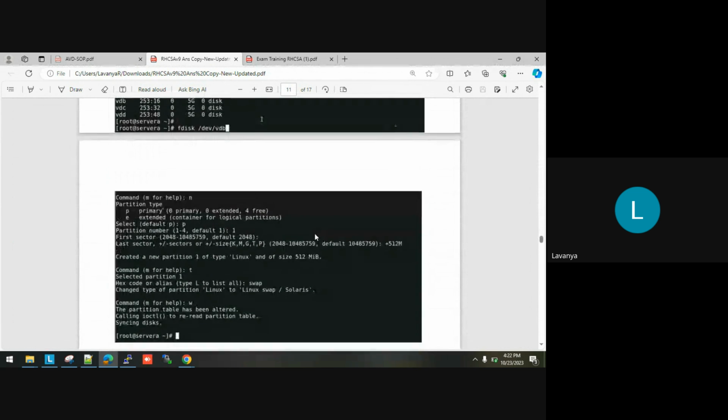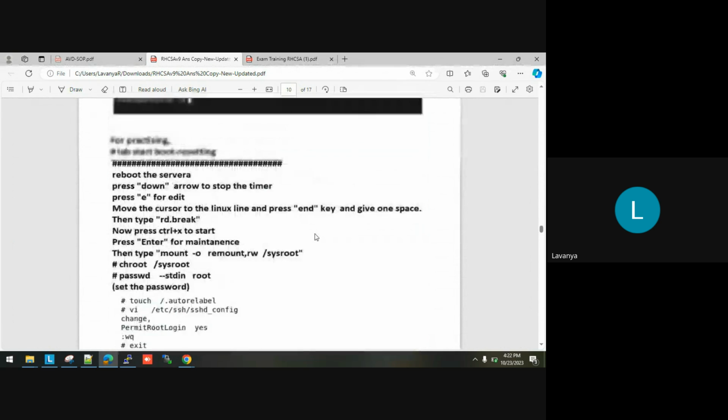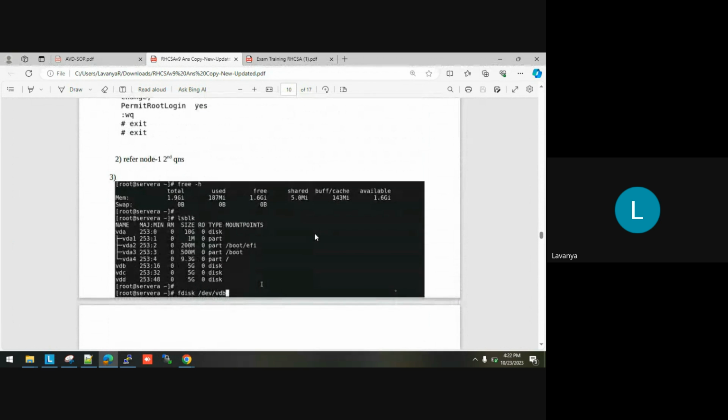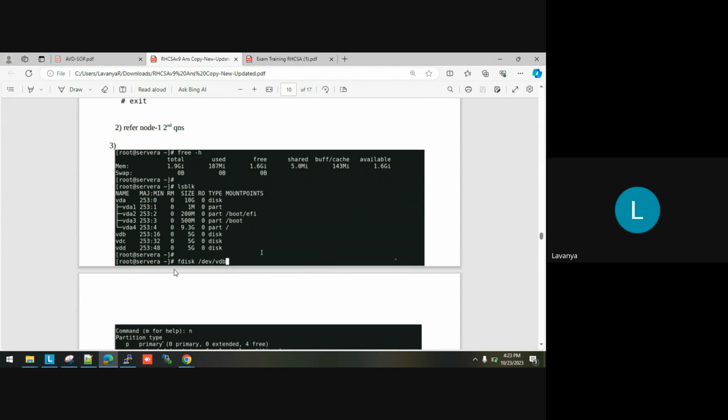You need to set the repository under /etc/yum.repos.d. Okay, the third thing will be, you need to set free swap space of 500 or 600 MB. You need to do that. For that, go to